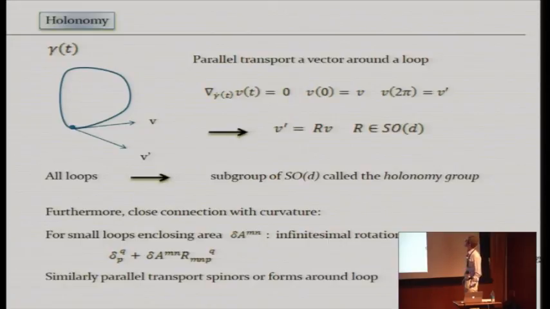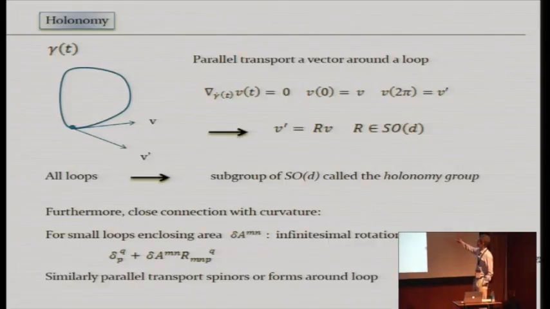So what does that mean? Well, I consider a vector field V(t) along the loop. And this vector field has to be such that its derivative in the tangent direction to the loop has to vanish. So those are the equations that I want to study for parallel transport. It's an ordinary differential equation, so I specify the initial conditions, which is that V(0) is just V, and I parameterize the loop such that after 2 pi, I come back to myself. Okay, so you solve this equation with this initial condition, you go around the loop, and you find some other vector, which we will call V prime.